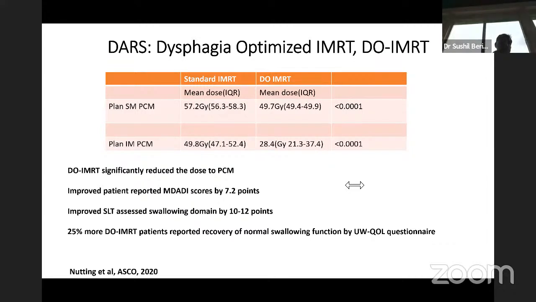You extend your isodose line beyond the skin so that, with day-to-day setup and uncertainty, you're not missing the target. Because otherwise, you have a conformal plan, there's no flash, so you may miss part of the node if you do not have an auto flash built in. Either you can use the bolus if the skin is a risk, but if skin is not a risk, and you are concerned about day-to-day setup and uncertainty, use the auto flash module in the treatment planning system and ask your planner to extend the isodose line into the air in that area, so you don't miss the node with day-to-day setup and uncertainty.